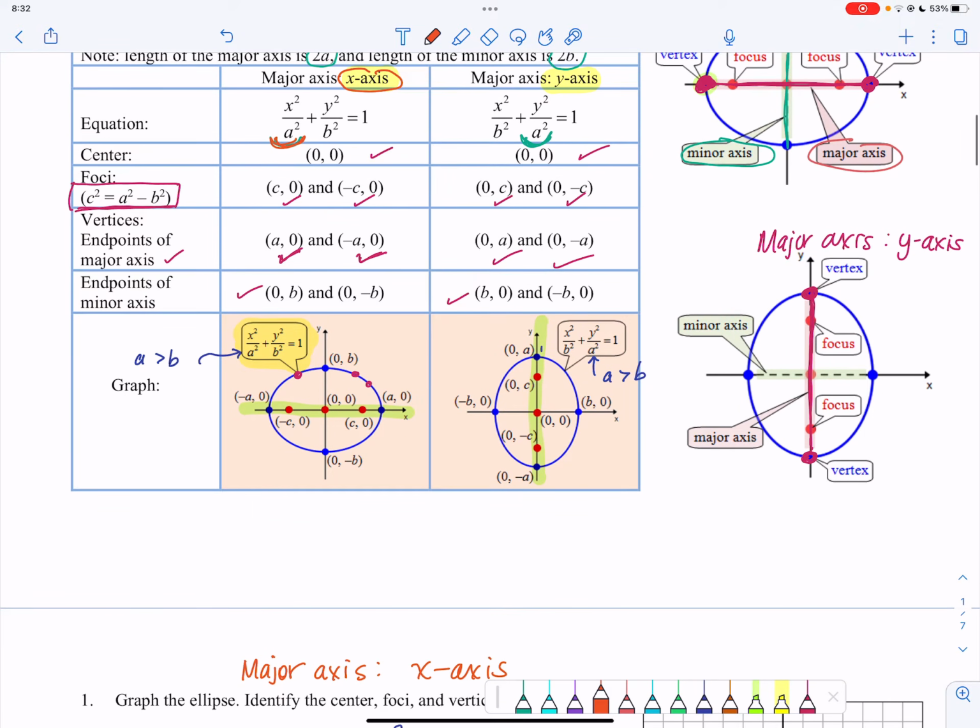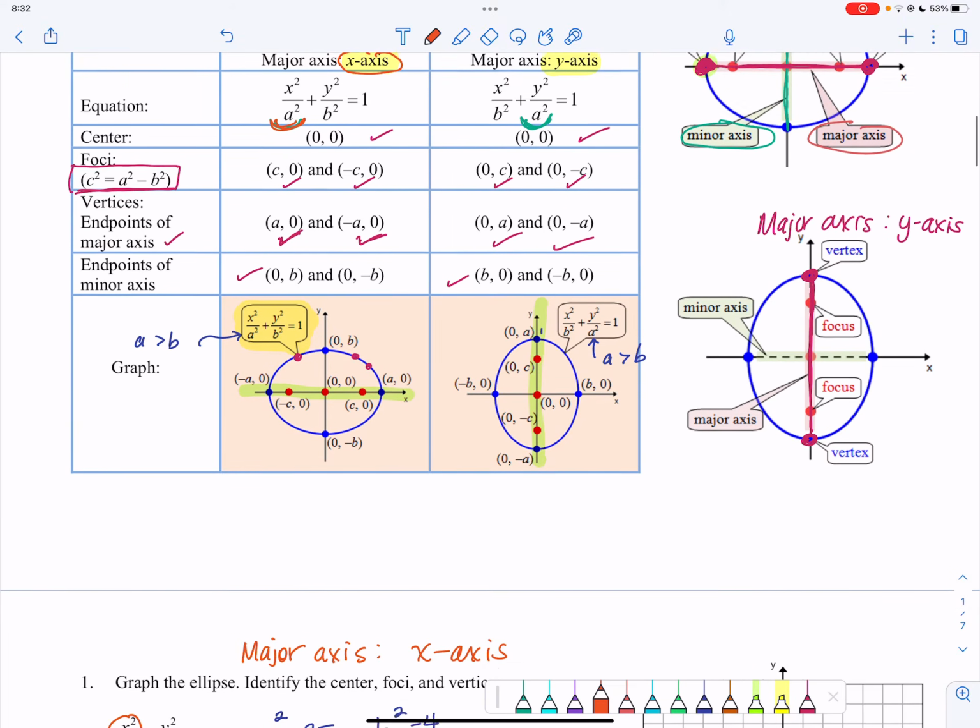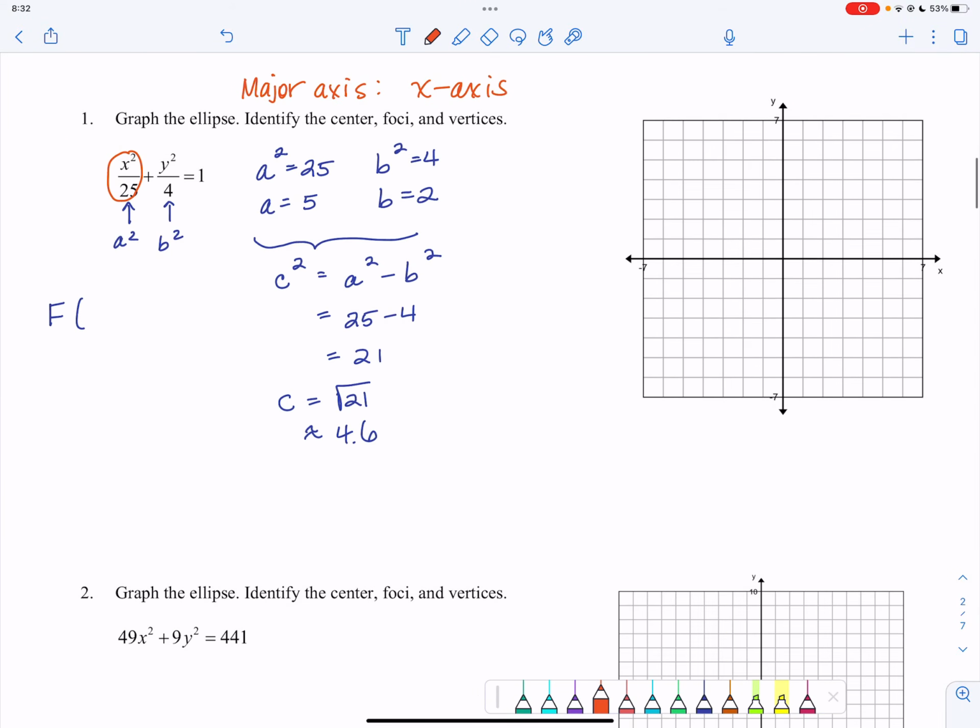And as you can see, the foci are C, 0 and negative C, 0. So the foci are the square root of 21, 0. And then we also have negative root 21, 0. Okay? So those are the foci. And then our